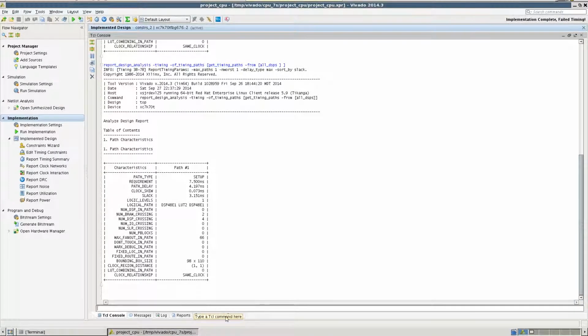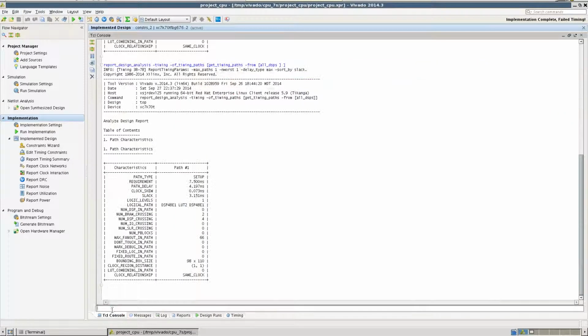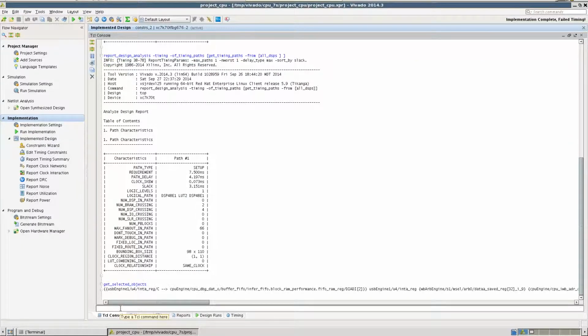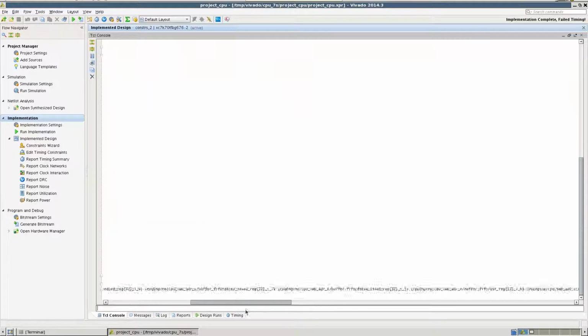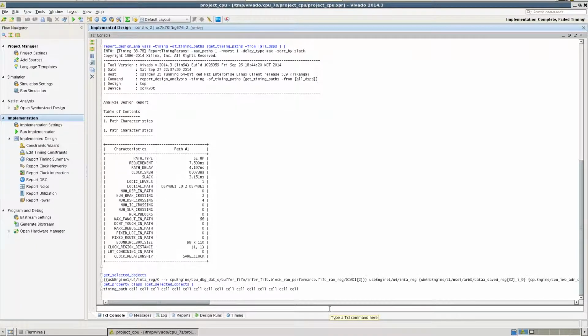Here's another example involving timing path objects. In the timing path viewer, when we select a timing path, let's see what actually gets selected. We'll run get_selected_objects. The first item is actually a timing path, followed by the cells in the timing path. To show that, let's run get_property class [get_selected_objects] to see the class of each object. It shows that the first object is a timing path, followed by a list of cells, which are the cells